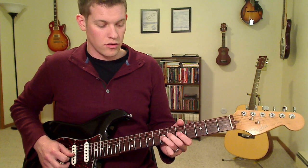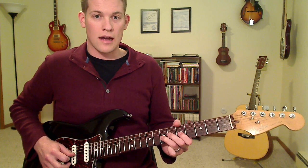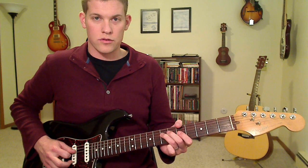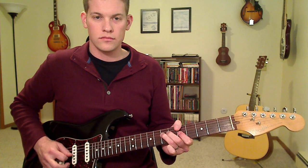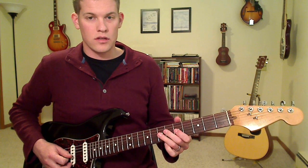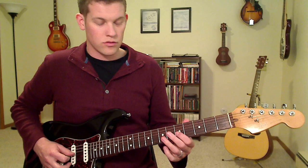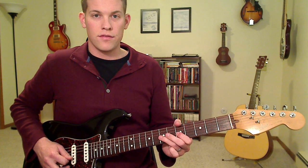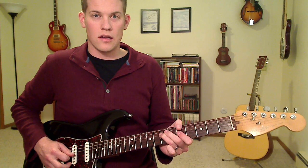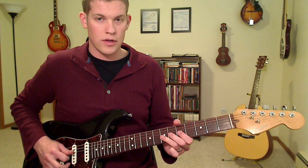So we're going to do on the 3rd string 7, 7, pull off to 5. And then 7th fret on the 4th string. Next we do, using those same 3 notes, we'll go to the 3rd string, 5, 7, pull off, and 7 on the 4th string. So putting those 2 4-note chunks together, we have,